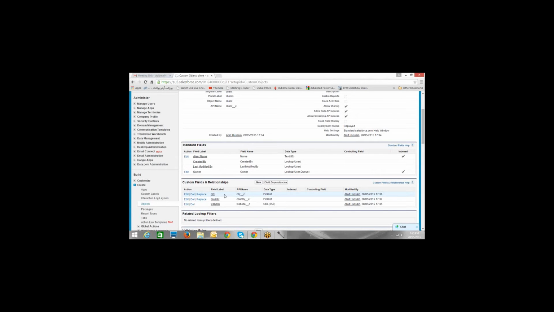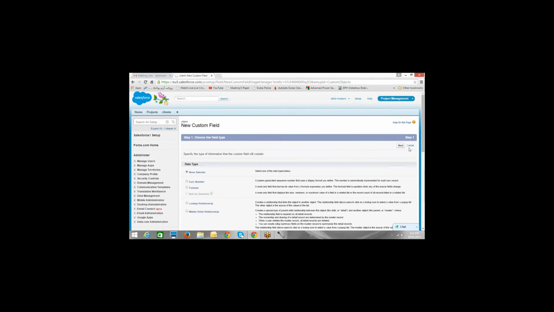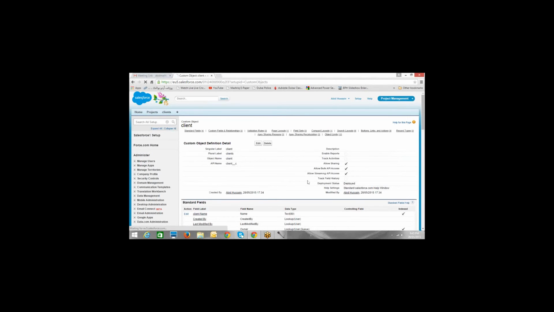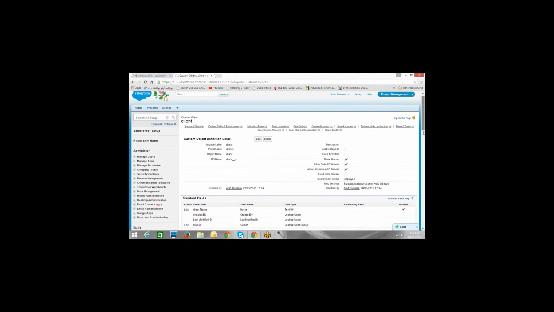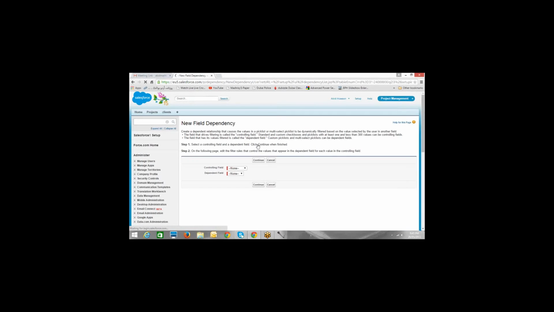Beside that, do you see something called a field dependency? Beside the new button, do you see field dependencies? Field dependencies. See a button called field dependencies? Great. So we just need to go to the field dependencies, click on new, and here we have to define